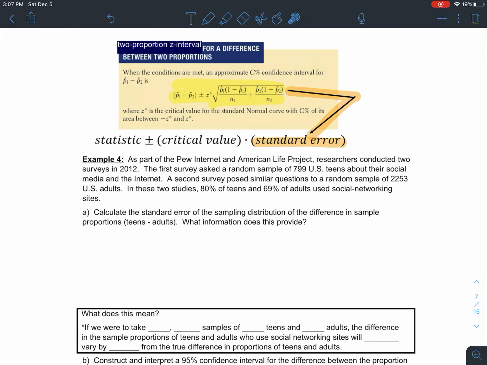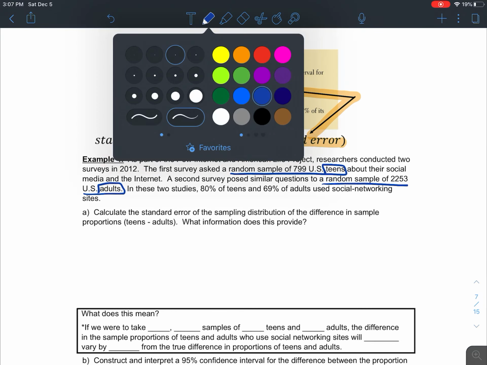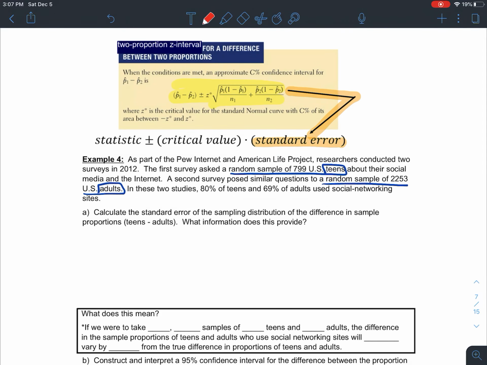Okay, so for example 4, it says, as part of the Pew Internet and American Life project, researchers conducted 2 surveys in the year 2012. The first survey asked a random sample of 799 U.S. teens about their social media and internet usage. A second survey posed similar questions to a random sample of 2,253 U.S. adults. In these 2 studies, 80% of the teens and 69% of the adults said that they used